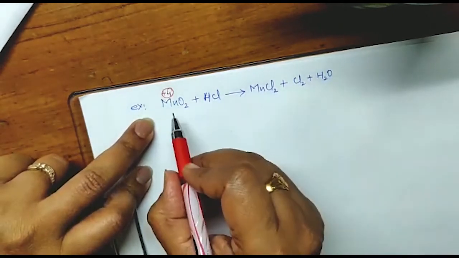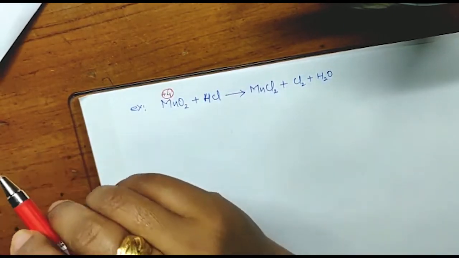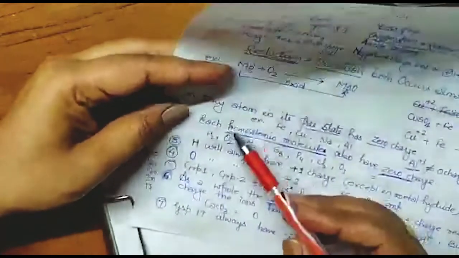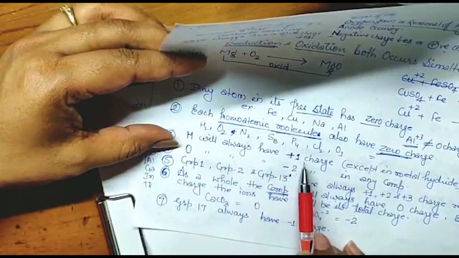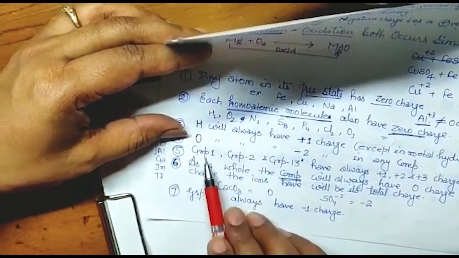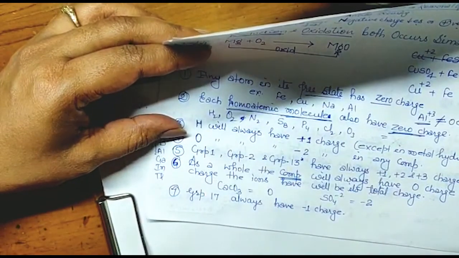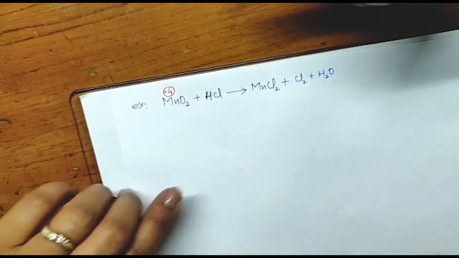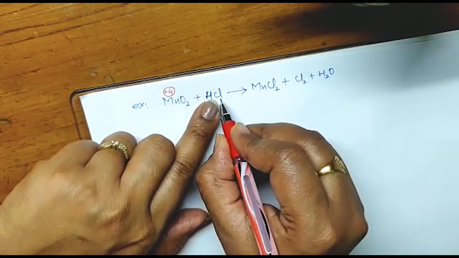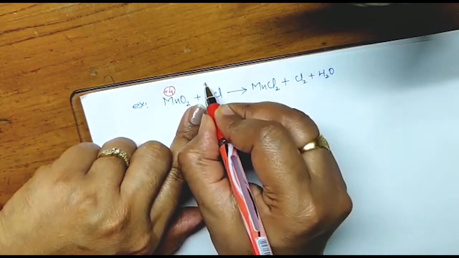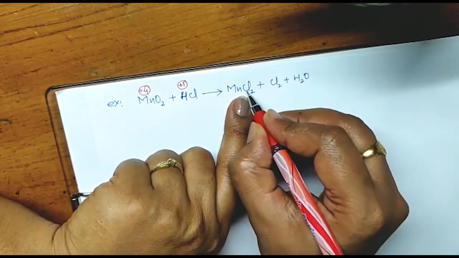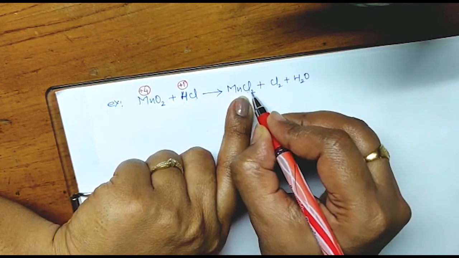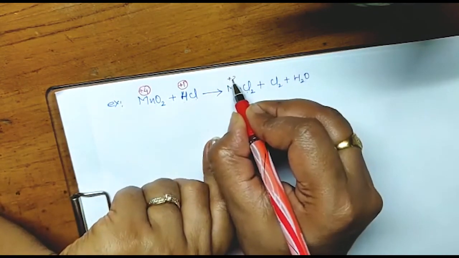Then you will ask, why am I finding one and not the other? See, whatever I have written in this rule, their oxidation number is fixed, so we will not change it. Oxygen is always -2. Hydrogen is always +1. In the same way, potassium, first group, second group, 13 group have the same oxidation number every time, so we will not find their oxidation numbers. Got it? Next, Cl is -1, so obviously H will have +1. In MnCl2, Cl is -1 and there are 2 Cl, so for -2, to make it 0, this Mn should have +2.